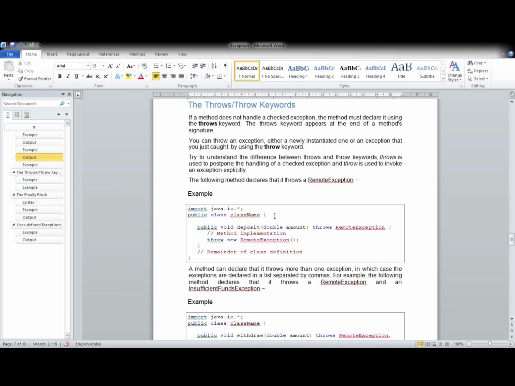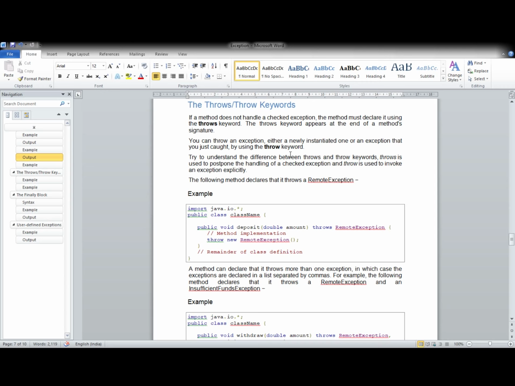So an exception can be thrown within the program if the user wants so. In such cases, the user must use the keyword throw, throw exception object. You have to create the exception object and you can throw it using the keyword throw.